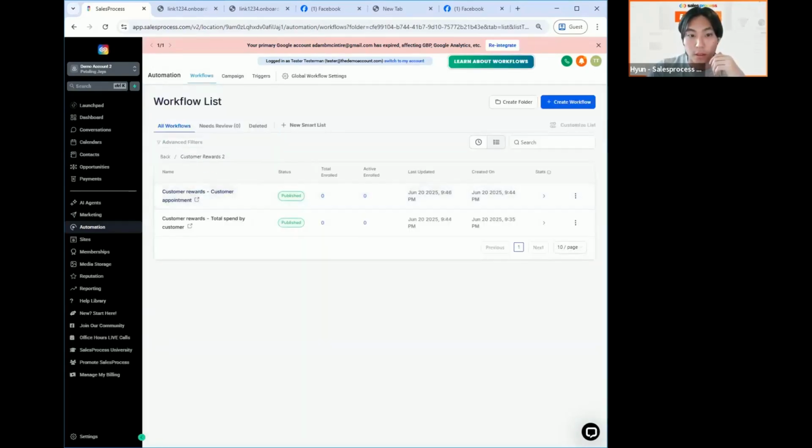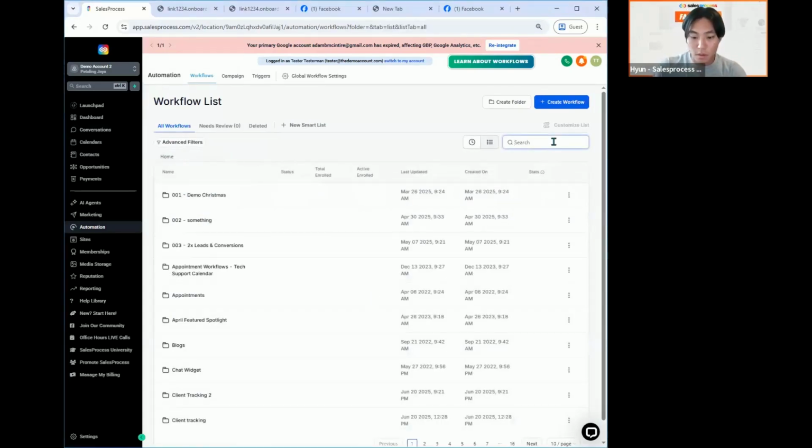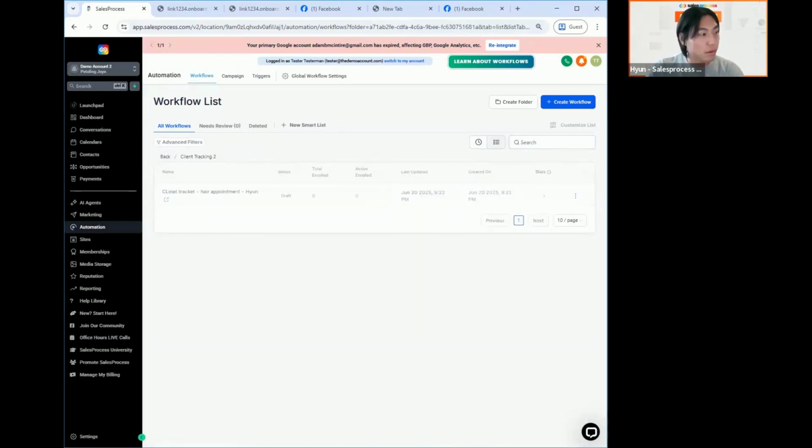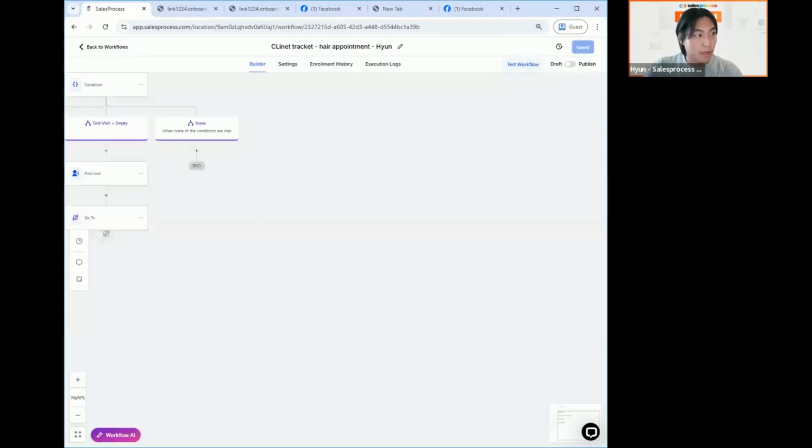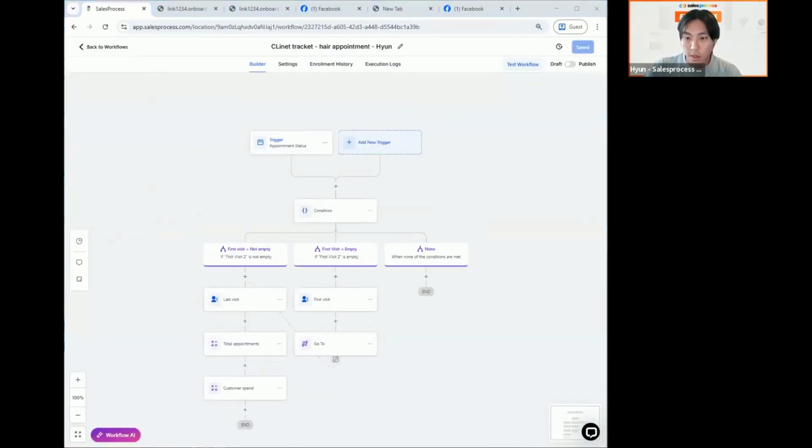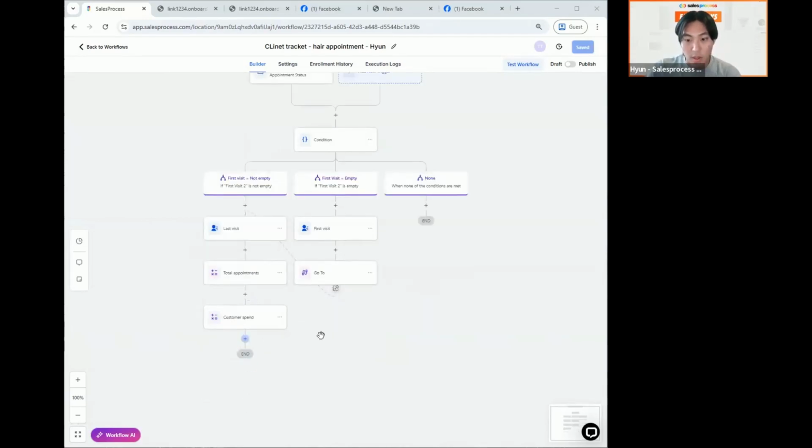And then we're gonna go back into client tracking. Let's go back. Let's go to client tracking 2. Okay, so the last step is to make sure that we're adding this contact to the workflows that we just created, which is the reward system. So in the last section here, we're gonna add